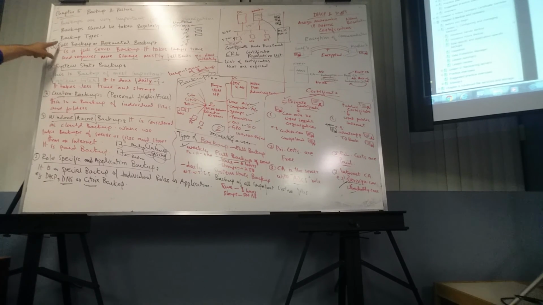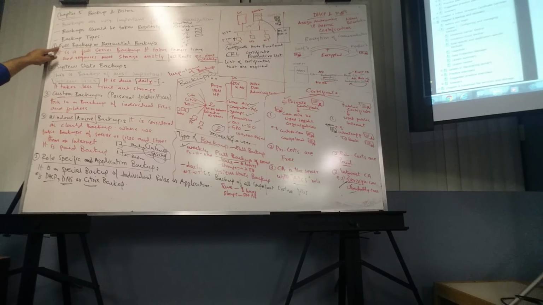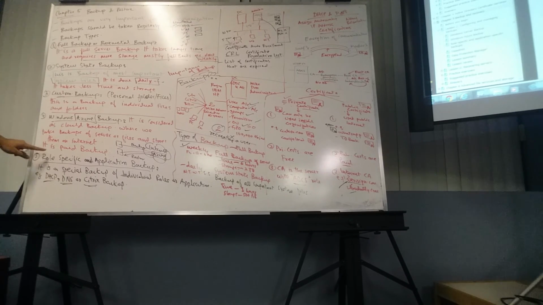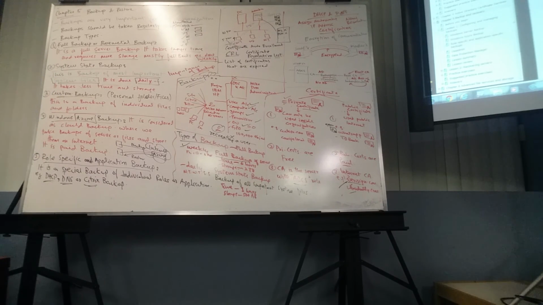What they do is, if they have a full backup and a system state backup, everything is backed up with them. So only individual teams would be responsible for their own backup. For example, if you're a Citrix person, you will be more concerned with Citrix backup only. So you will take your own backup. But at the same time, full backup is being done. If your backup doesn't work, then you can always go back and tell them, you know what, do a full backup, full restore. So that's it.